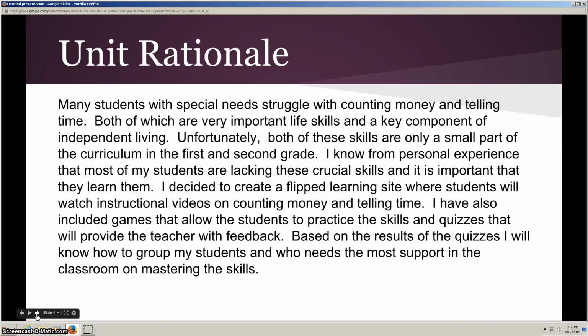Many students with special needs struggle with counting money and telling time, both of which are very important life skills and a key component of independent living. Unfortunately, both of these skills are only a small part of the curriculum in the first and second grade. I know from personal experience that most of my students are lacking these crucial skills, and it is important that